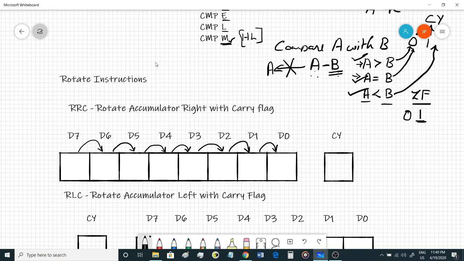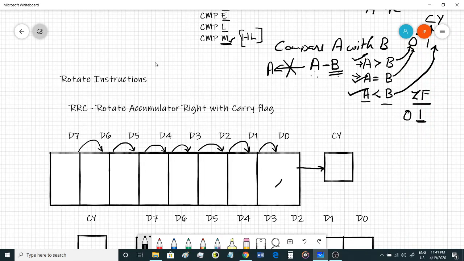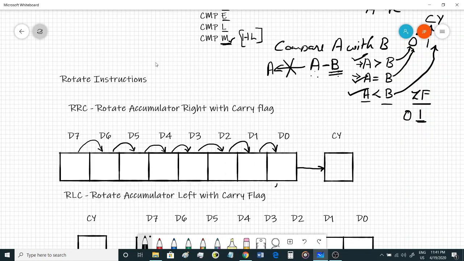since we are rotating right, the LSB, the least significant bit, will get shifted to the carry flag as well as to the MSB. So D0 goes to the carry flag as well as it also goes to D7. In this case, rotate right